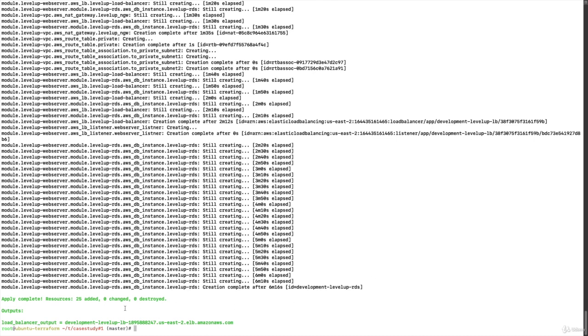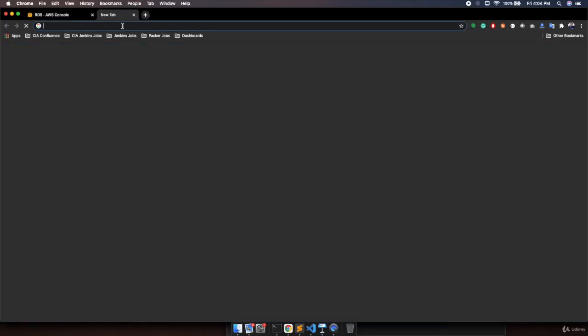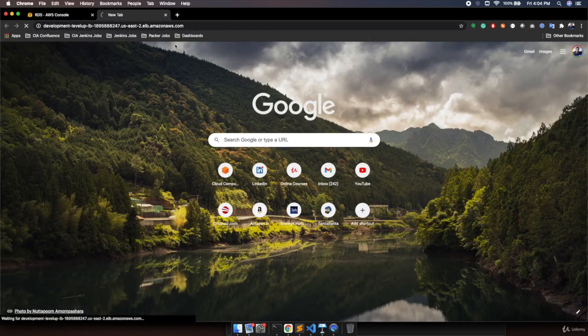You can see the resource creation is done and we are getting the output of the load balancer. If you remember, inside the launch configuration, we have installed Nginx and we have installed netstat. With the help of net-tools, we got the IP of the machine and we have printed that IP inside the index.html. By default, Nginx is installed on my machine. So if I copy this load balancer, go to my browser, put it here and hit enter, then you can see I'm getting the message: Hello team, this is my IP